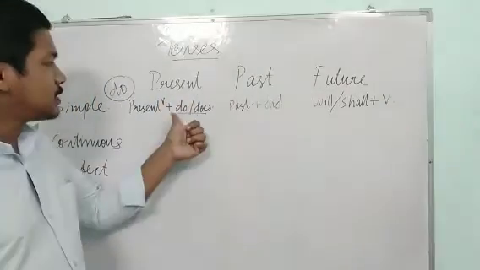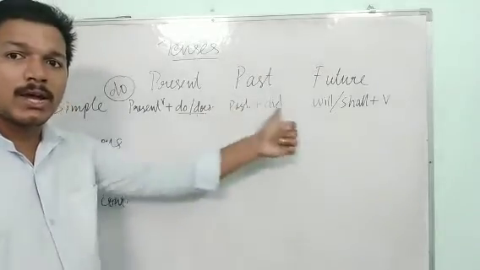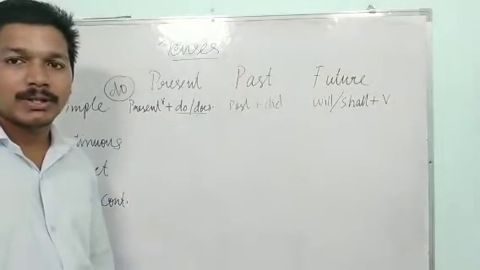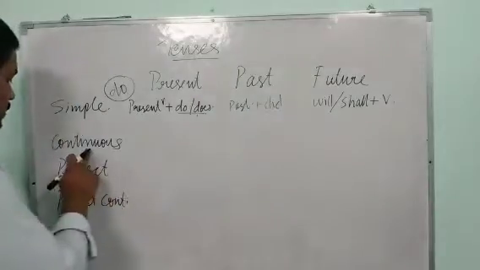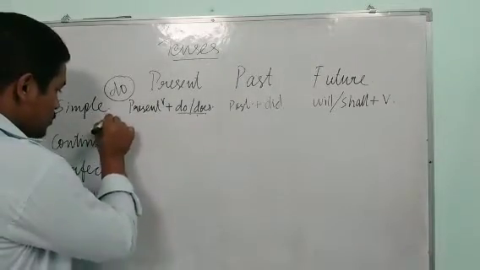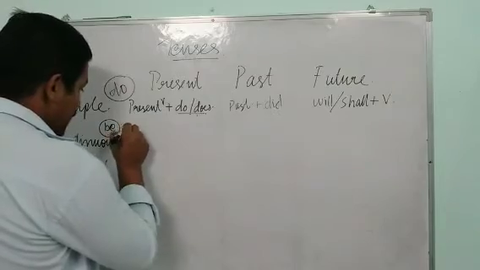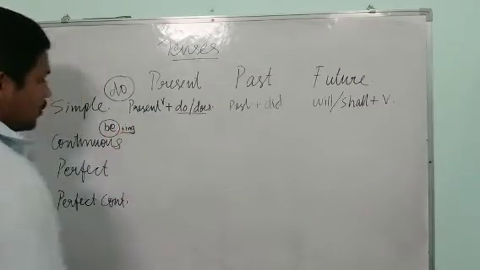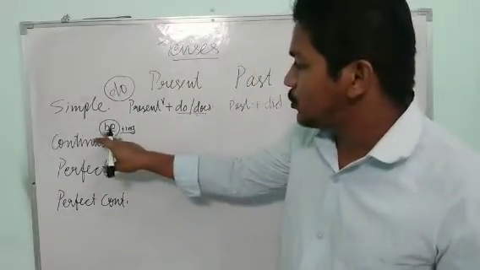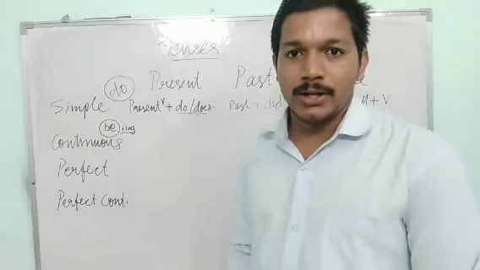And in present tense, do or does is used, and in past tense, did is used. All these three are of the do category; a do form verb is there. Okay. Now let us discuss the continuous tense. In continuous tense, a be form verb is used. Be form verb plus ing. Whenever, whatever the tense is, be form verb plus ing will be there in any continuous tense.